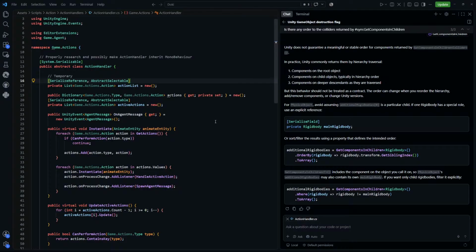The only problem being that I want to generate this list of actions both by graph and probably also by assignment in the editor, mostly for the playable character, that is. But